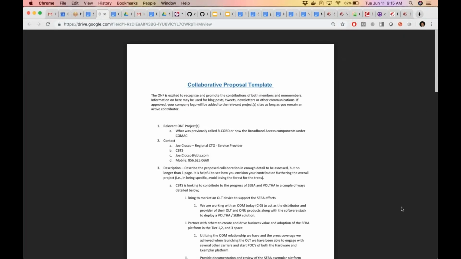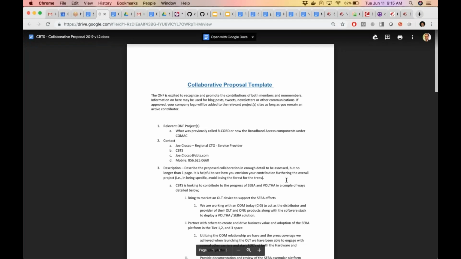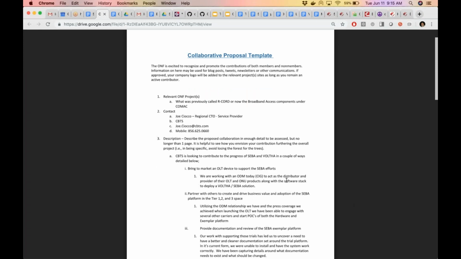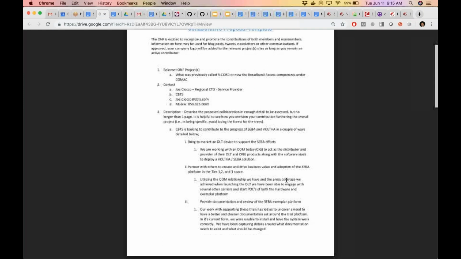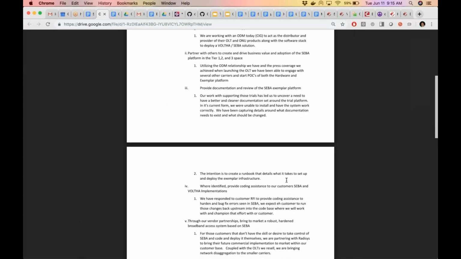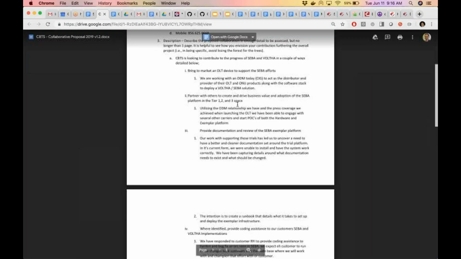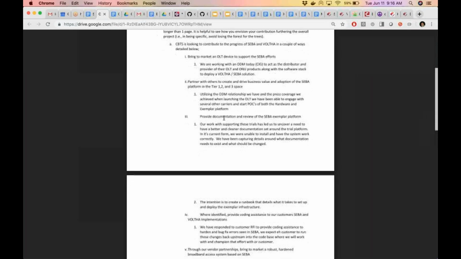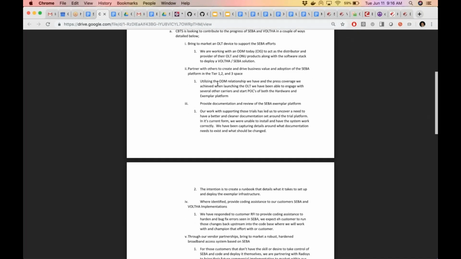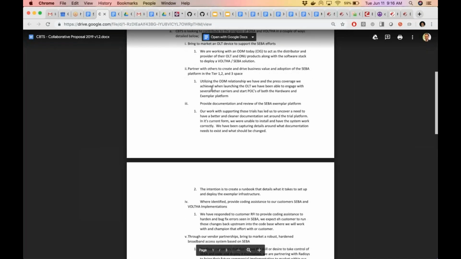I do believe the invite went out to CBTS, so okay. The idea was that they could come and talk about their proposal template, the proposal itself, and the TST could vote on it. The proposal is looking to bring an OLT device to support SEBA efforts and drive business and adoption of SEBA